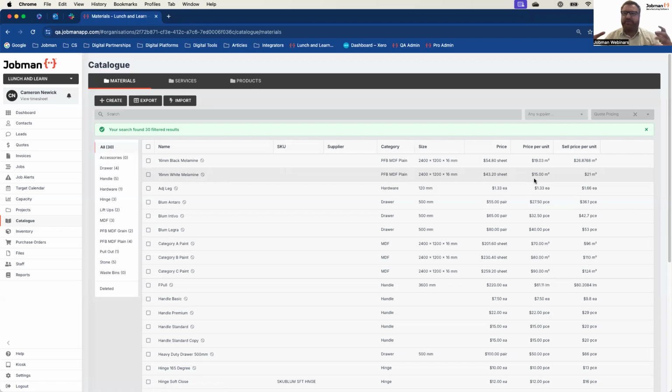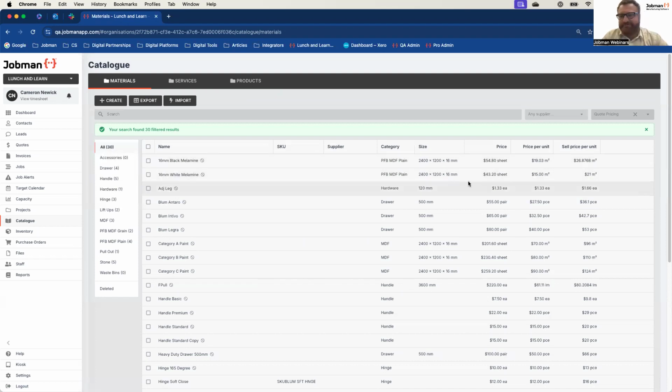That way, when I'm in a quote and I have those parts, such as the back, end, sides, shelves, for example, that are linked to the style item carcass, and carcass is then linked to these options, I can use the drop down to choose between these options and immediately change the price. So I've got 2 really standardized options here for my carcass. It either comes in whiteboard or blackboard. They're the 2 most common.